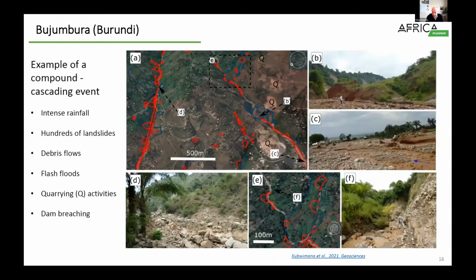Then a specific case here about multi-hazard. This is what I've called landslide events. You have an event here in A with heavy rainfall, more than 200 landslides occurring at once, different types of landsliding, but it has also occurred in a region where we have lots of quarrying activities. And so this quarrying debris was also reactivated with the rainfall, blocked the river system, as you can see here in B,